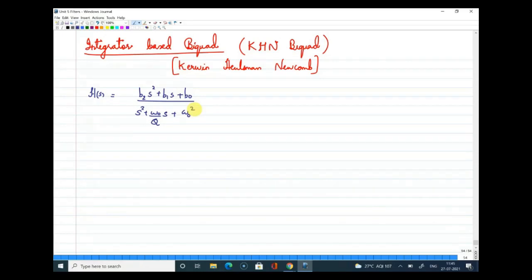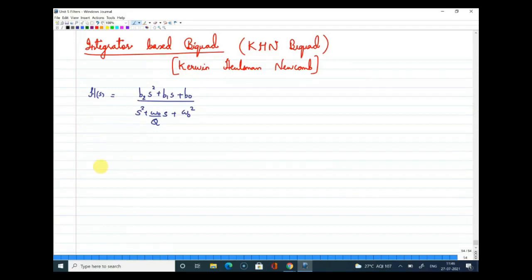I'll do certain rearrangements of this basic biquadratic transfer function, and we will get it in a form where we can implement it using integrators, and then we will look at the architecture, right? The very first thing I will do is write H of s again. Since this is a general transfer function, I'll implement it by taking any one of the types.